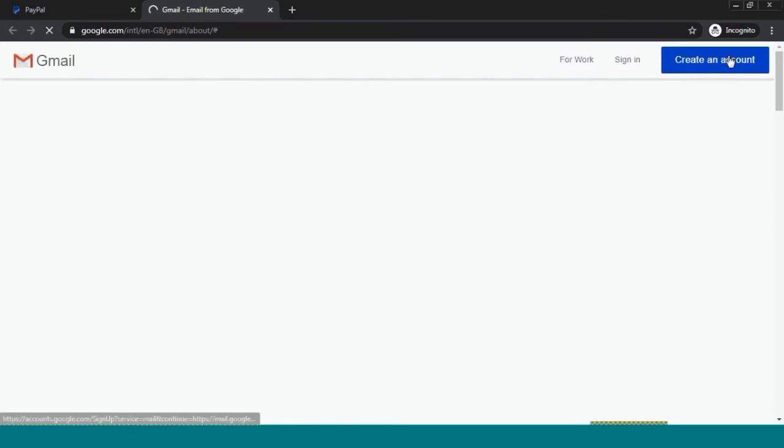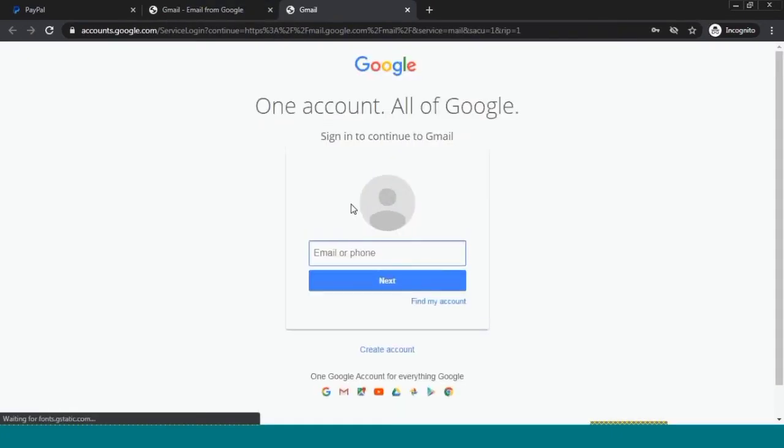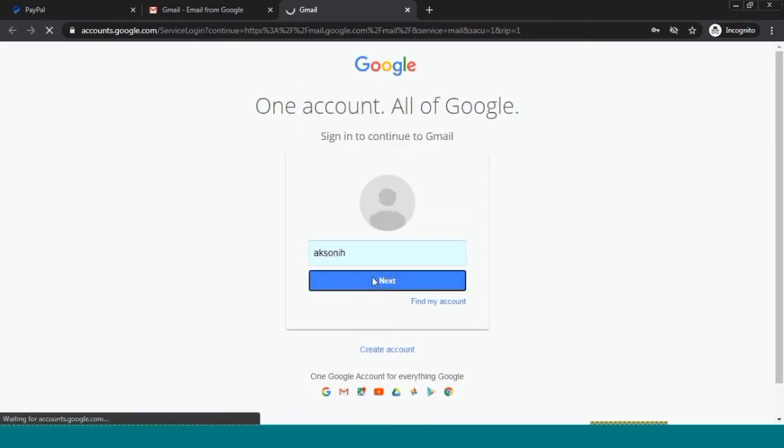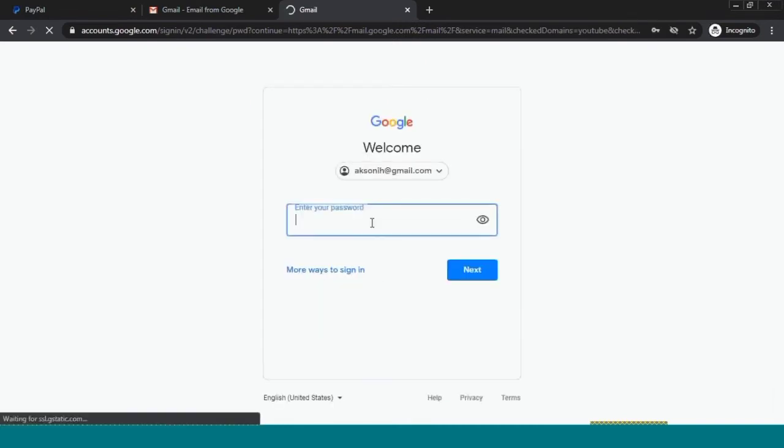So I'm logging into my Gmail account. You have to log in to the same email account which you entered in your PayPal registration.